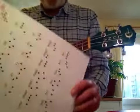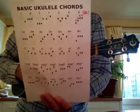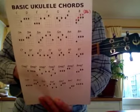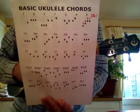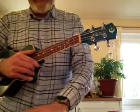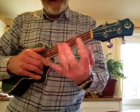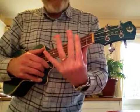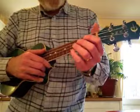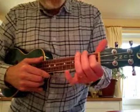So get yourself some basic ukulele chord charts. You can download these free of charge. Get something easy, not the charts with over 200 chords, every ukulele chord ever devised. I just download the basic ukulele chord chart, something like this. It's back to front because it's on the camera, and I'll take you through the easy way, because some people I teach have arthritis, they're quite elderly and they can't bar. So this is going to be done without all the bar positions. We know about barring for D and E, but we're going to try and get away with that and make things simple. So start with A, which is just your first finger on the 3rd string of the